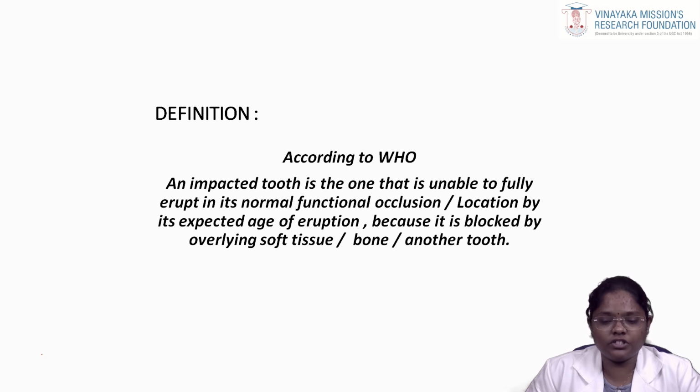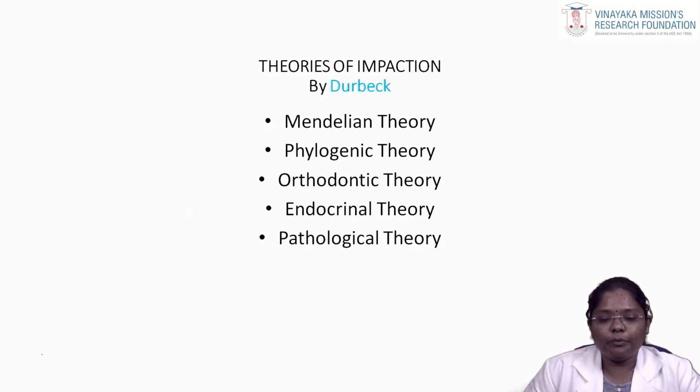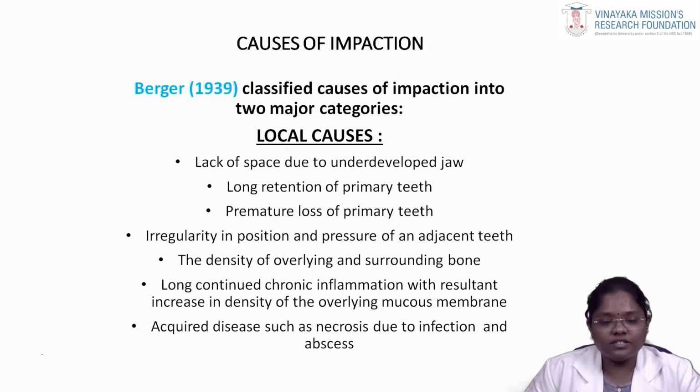its normal functional occlusal position by its expected age of eruption because it is blocked by overlying soft tissue, bone or another tooth. So, theories of impaction given by Durbeck: there are Mendelian theory, phylogenetic theory, orthodontic theory, endocrinal theory and pathological theory. Causes of impaction: Berger has classified the causes of impaction into two major categories: local causes